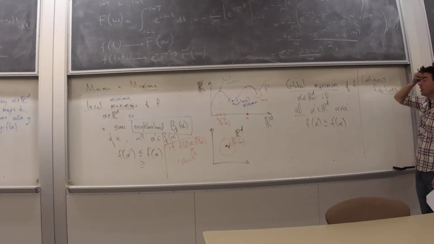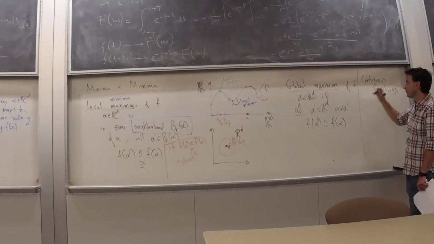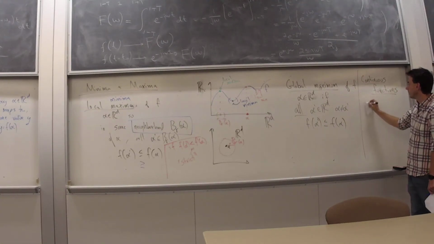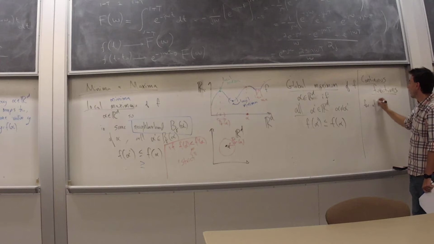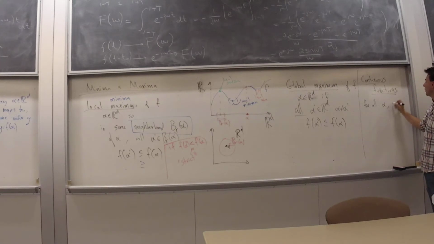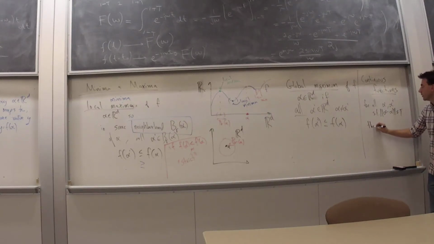But we're going to assume that for all alpha prime such that the norm of alpha minus alpha prime is less than tau, then f of alpha minus f of alpha prime